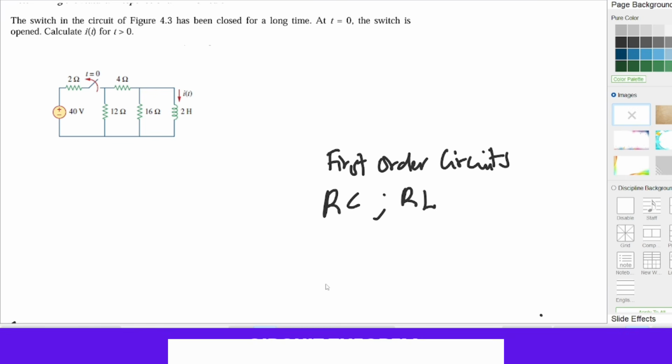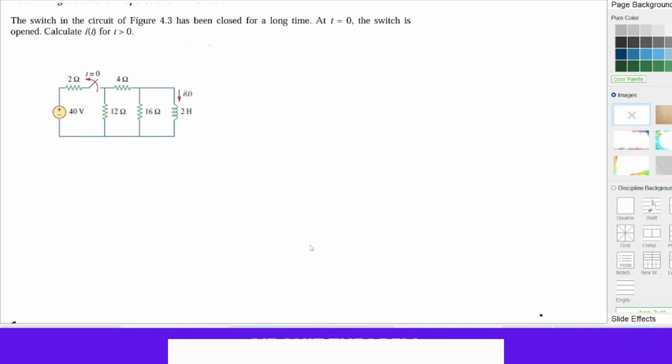Okay, so when it comes to these two circuits, their voltages or currents will be expressed in their differential form. So at any point in time, we have a general formula that we can use to calculate whether it's a voltage or a current. So when we are dealing with RL circuits, we will deal with the current. So we will say i(t) is equal to I naught e exponent negative t over tau,